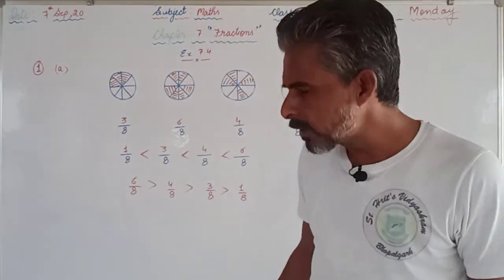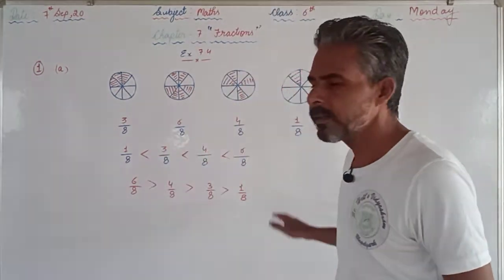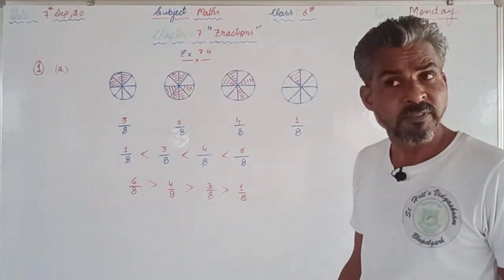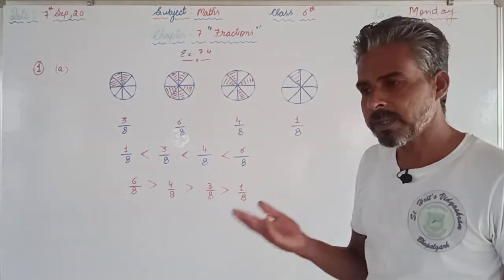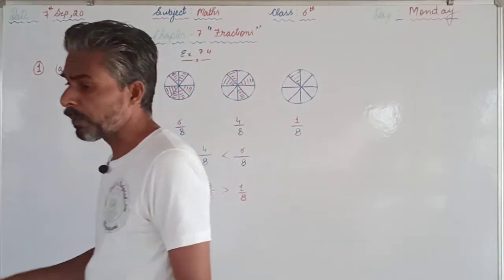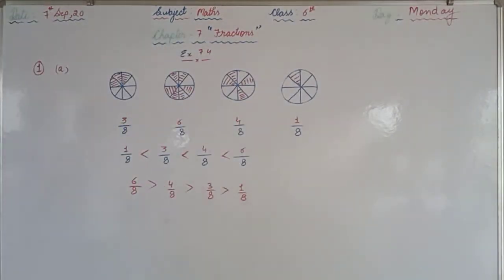So like this we are supposed to proceed. Here it was easy. Why? Because all the fractions are like fractions. If fractions are not like, then we are supposed to use the next method. We will discuss that in the upcoming questions. The second part you are supposed to do by yourself, and the C part: show 2 upon 6, 4 upon 6, 8 upon 6 and 6 upon 6 on the number line. Put the appropriate sign between the fractions.